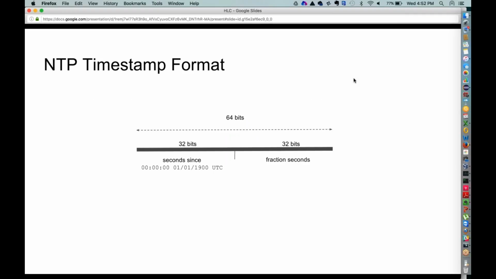So just to briefly give an overview of what an NTP timestamp format looks like. We get back a 64-bit number, but that number is actually split into two parts. The first 32 bits is the number of seconds that have passed since the start of the epoch, and in this case, the start of the epoch is January 1st, 1900. So that gives us time till 2036, when this rolls over. That is when it actually becomes zero. But the next 32 bits is the fractional seconds within a given second.